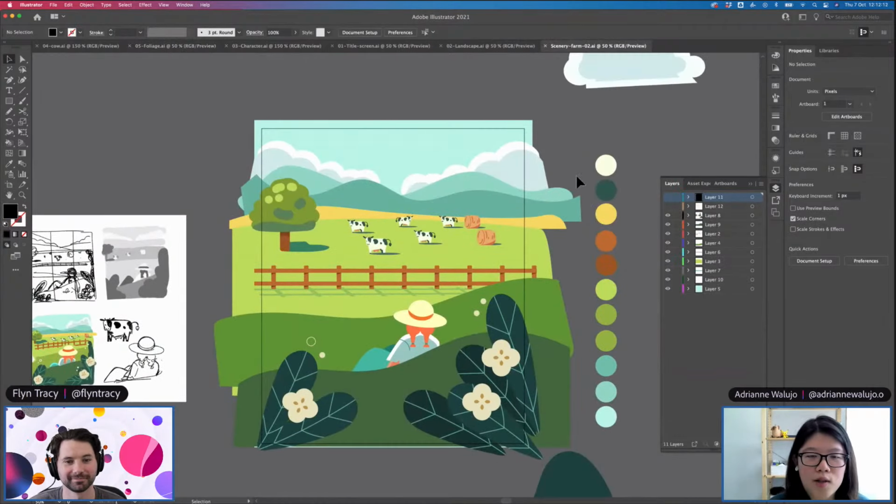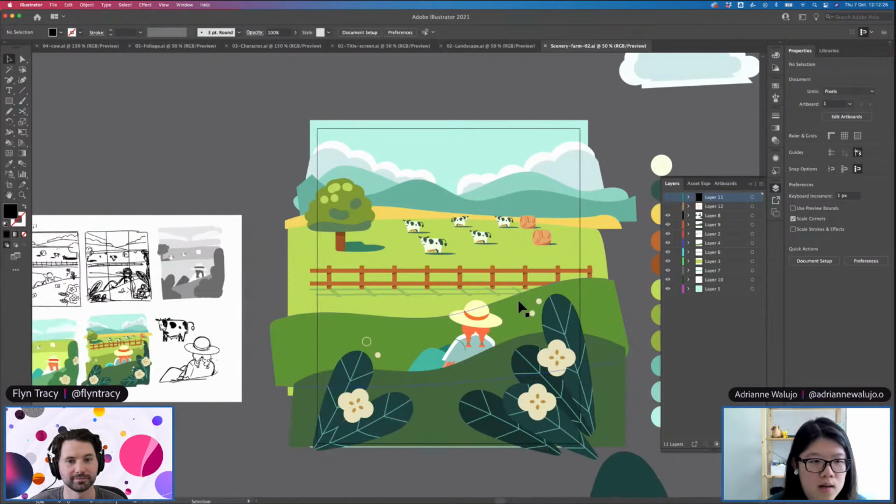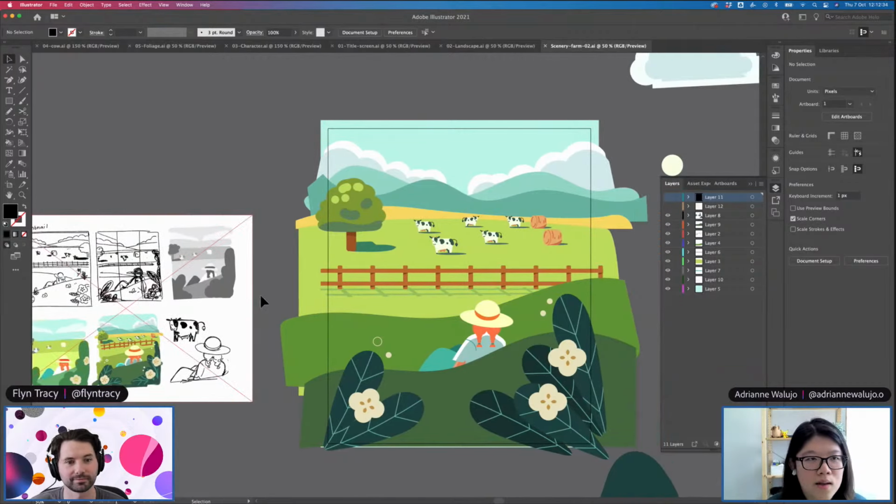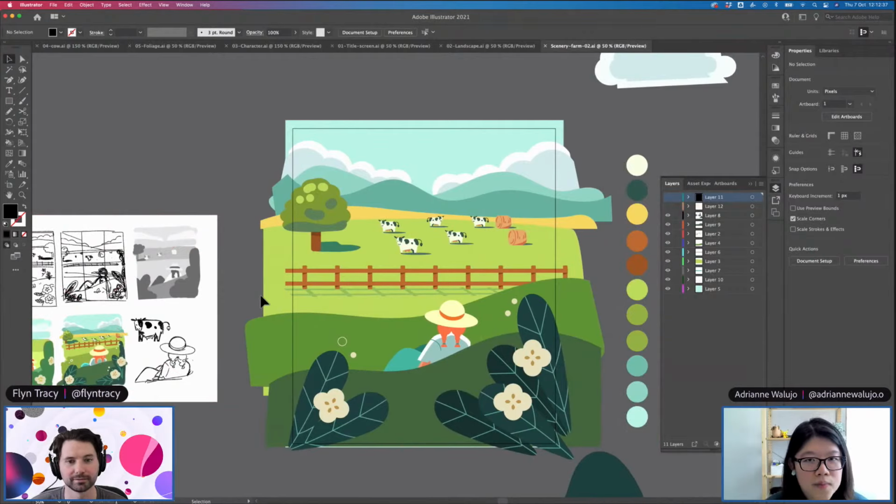And just to give context, from last time where we left off, we only had one cow and one character, and it took me another hour to complete the whole thing. To give an idea of how long it takes, it's about 2 hours just the execution, and then the sketching is another hour or so, because for me, concept is always the hardest, since that's when you make all the big decisions. So now let's go to After Effects.